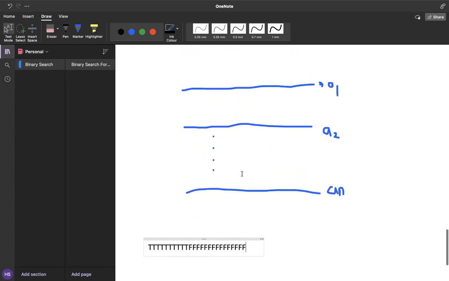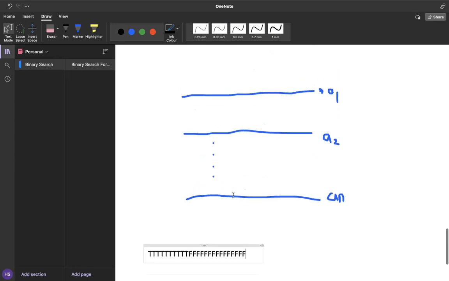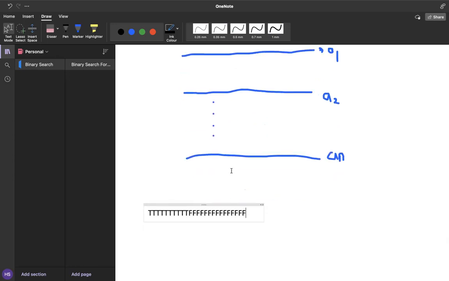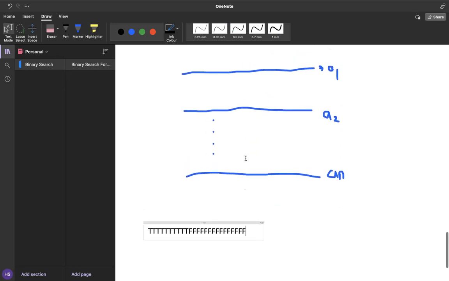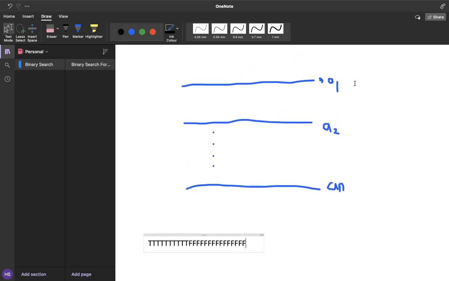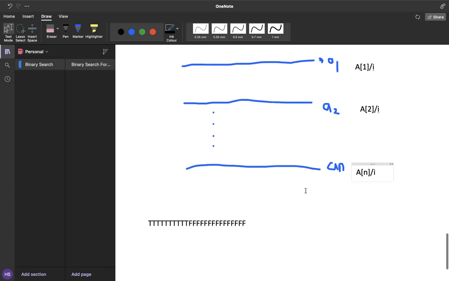And now the checker function again here is really easy. If we have a length i and we need to check whether we can cut k pieces of size i or not, that is again easy to find, because from the first rope, if we try to cut pieces of length i, the number of pieces that I'm going to get is going to be a1 by i. Similarly, here the number of pieces that I can get is going to be a2 by i. And similarly, here the number of pieces will be an by i. And finally, I want my pieces to be k.